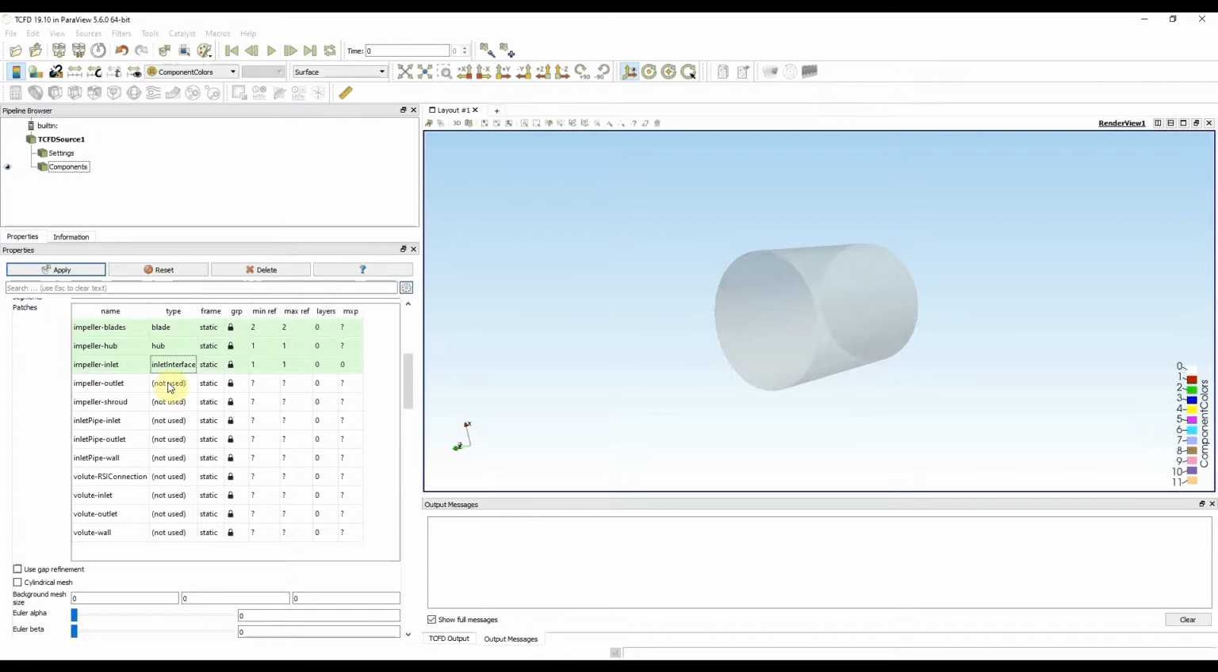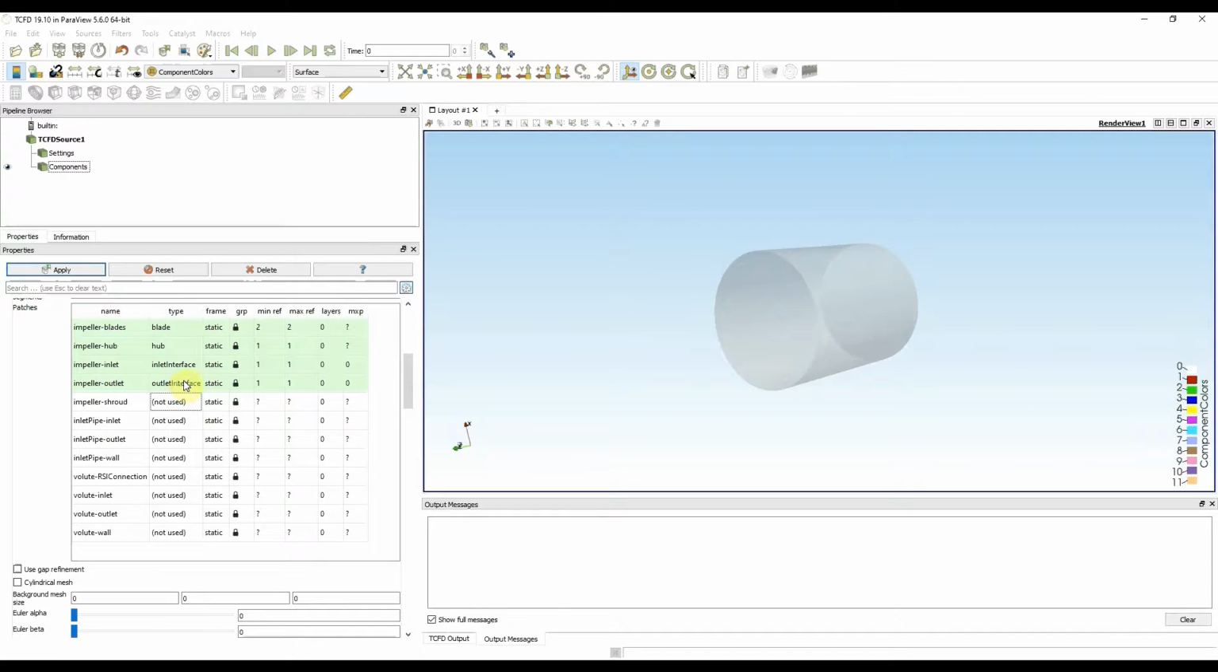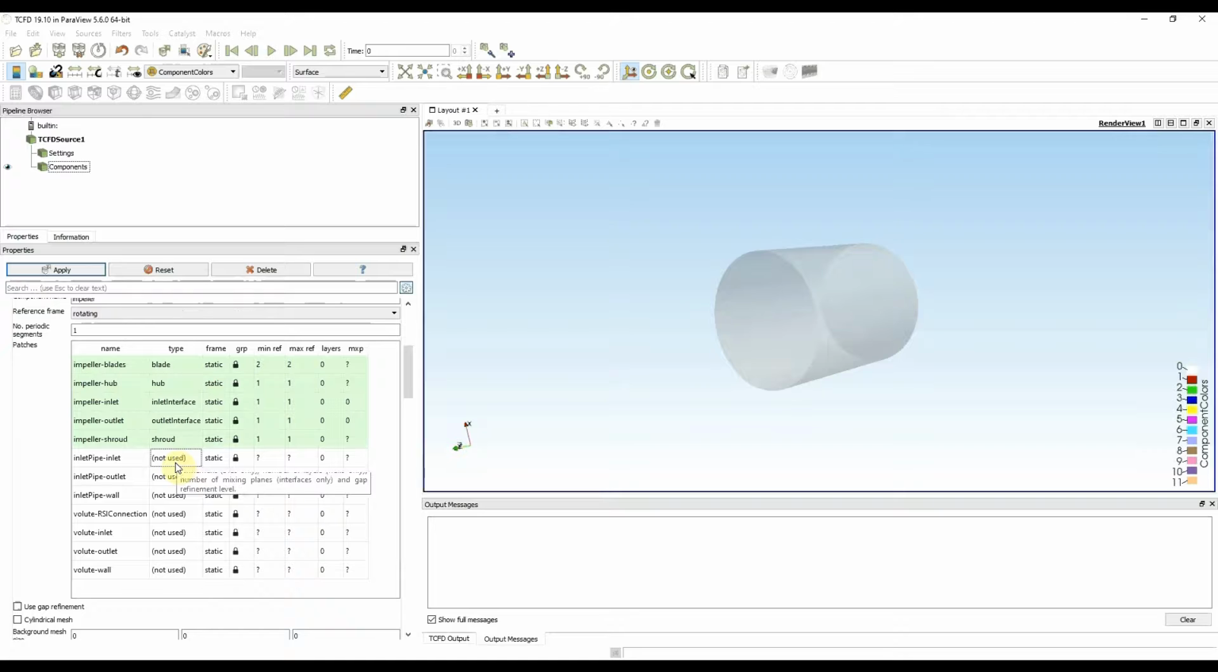Then there is the impeller outlet, which is outlet interface. Impeller outlet is the same as volute inlet. So in this case, outlet interface, right click, and I need to connect it to third component, which will be volute. And the last impeller patch is shroud. So I have every patch specified, and now I need to